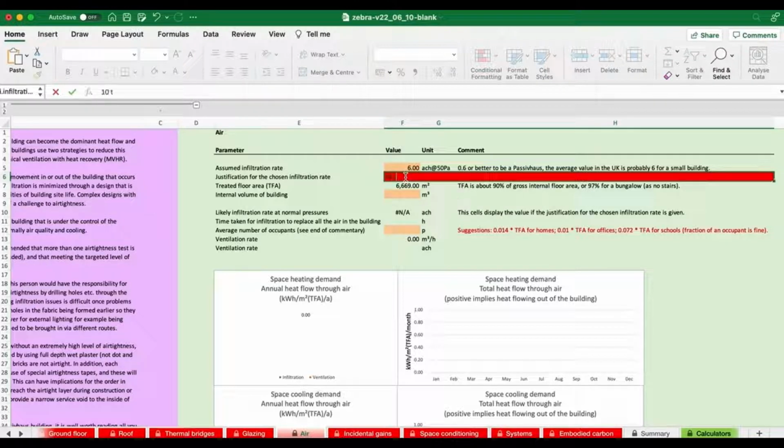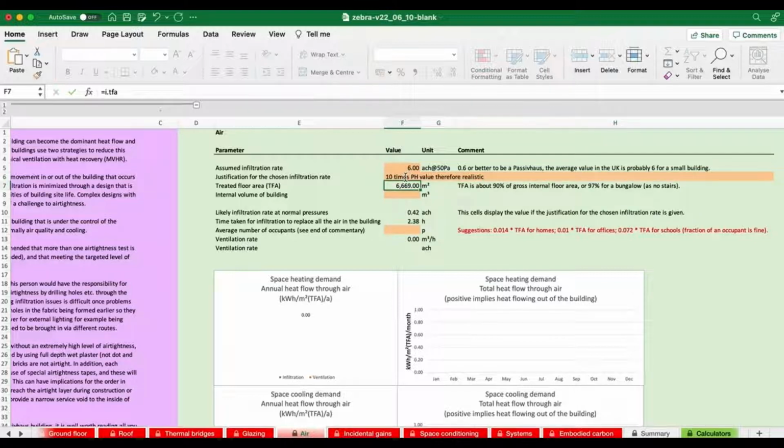So we're going to write 10 times passive house value, therefore realistic. Okay, and you can see that goes from being highlighted in red to a more relaxing orangey beige color.